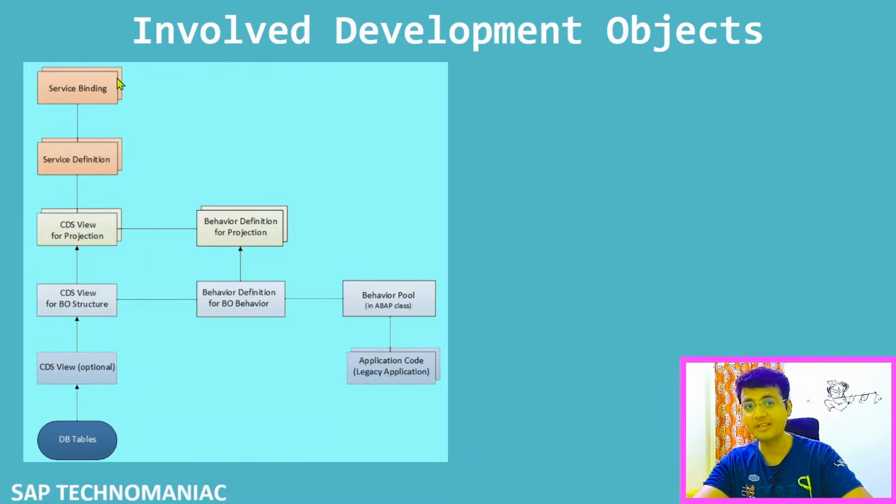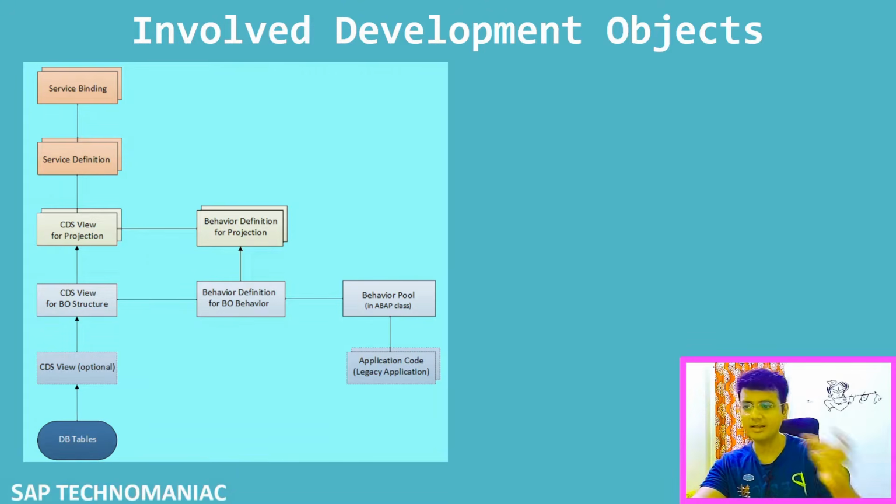But if you want to do something transactional, then for your interface view, you have to create the behavior definition, BDL, and for the projection of that BDL, you have to create the behavior definition for projection. To implement some of the actions and determinations in the managed scenario, we have to create the behavior pool, that is, ABAP classes. In the unmanaged scenario, obviously we have to develop create, read, update, delete, everything on our own. That also we will see in the upcoming